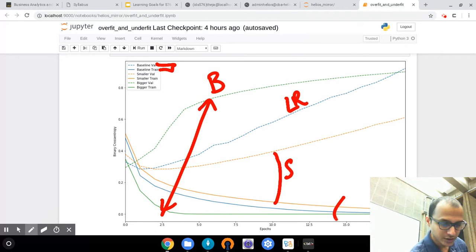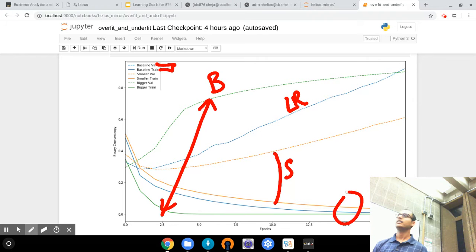And the y-axis is showing binary cross entropy loss value, and of course loss value means lower the better. The solid curves are showing training error. Of course, it's fitting the data better and better as you update the parameters more and more. In fact, you actually have zero error for the green one, which is the bigger network. So you have overfit, you've pretty much got zero training cross entropy loss for